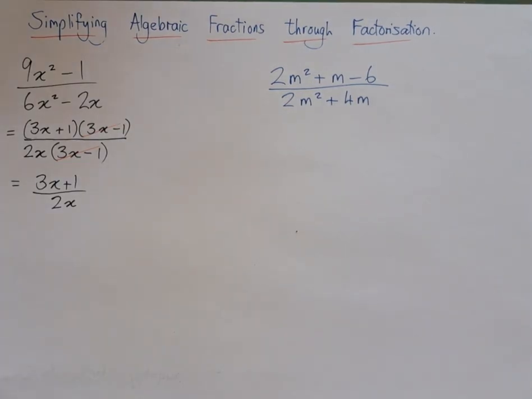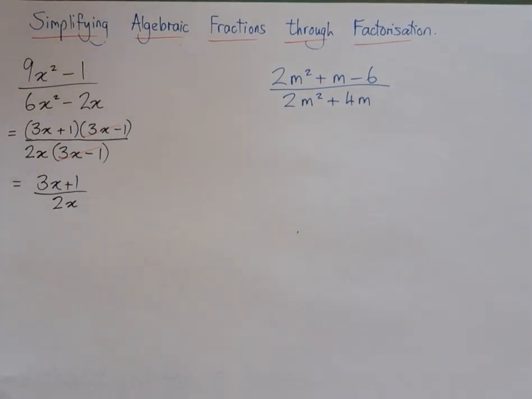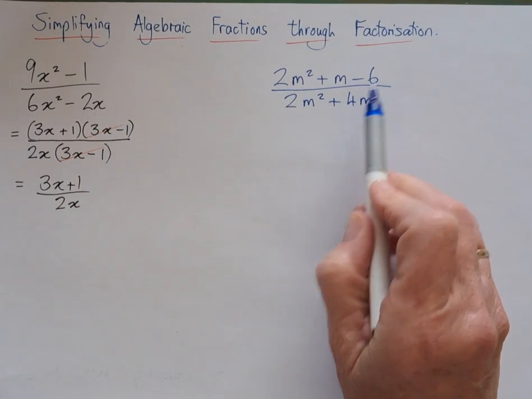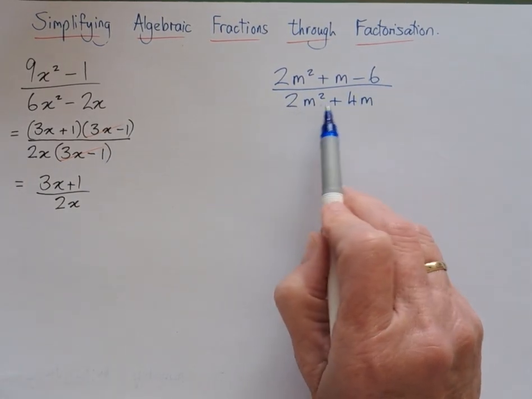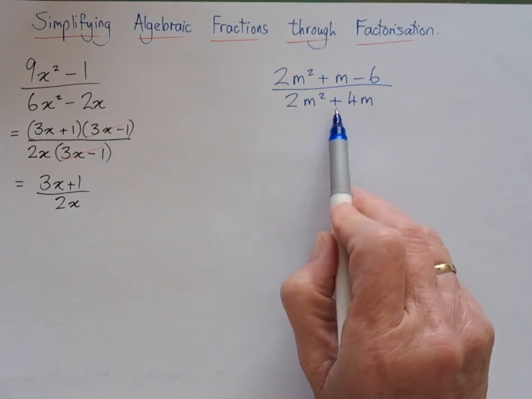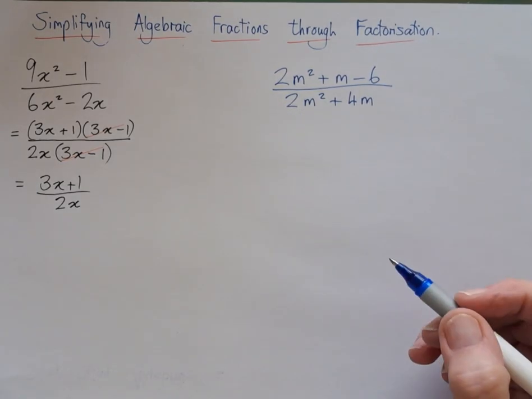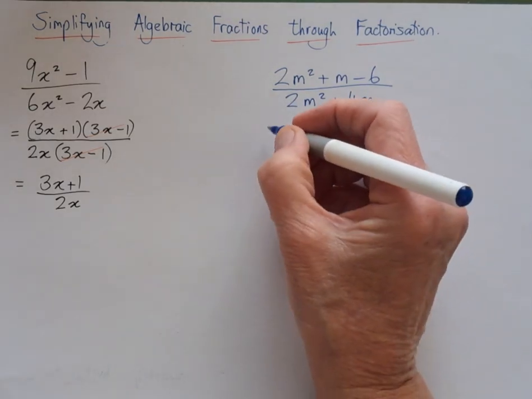Right, let's have a look at another example. At the top here, you should notice that I've got a trinomial, and at the bottom, two terms with a plus sign. Is it a sum of two cubes? No, definitely these things are not perfect cubes. So let's start off with our